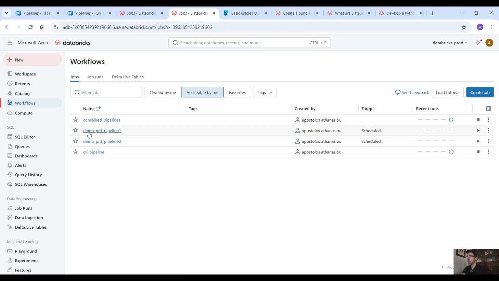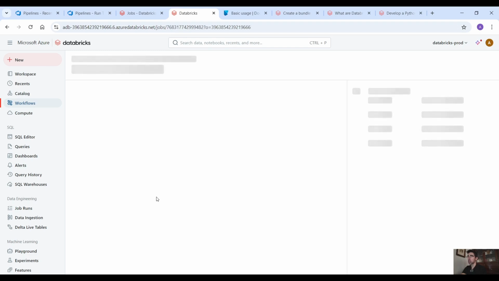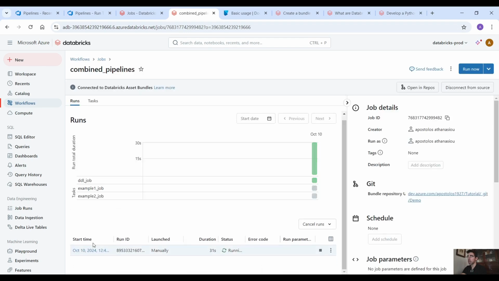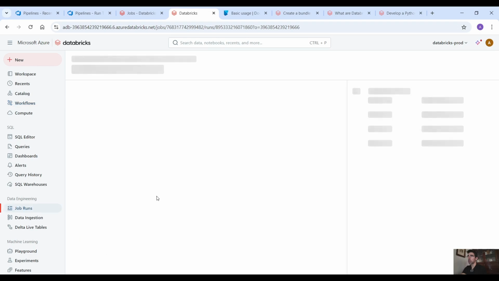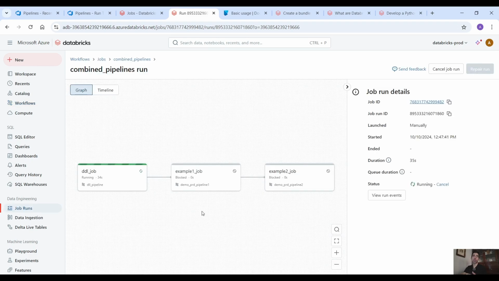As you can see here, we have demo_prod pipeline 1, demo_prod pipeline 2, and let's wait to run the DDL statement and run the jobs and see what we get. When we print the tables, we expect to see the prod values of these